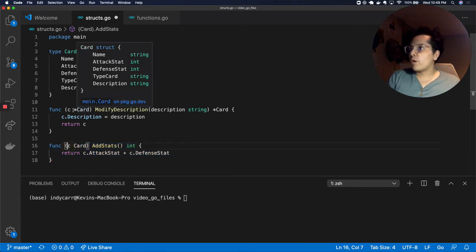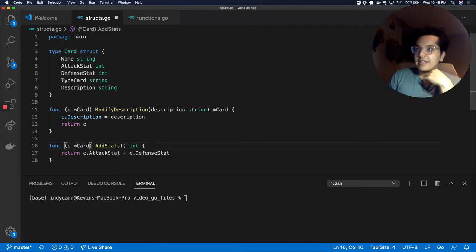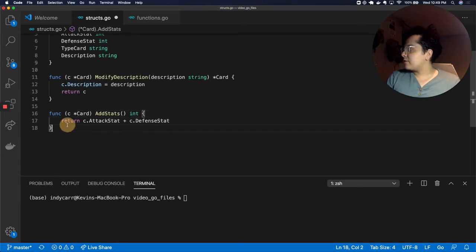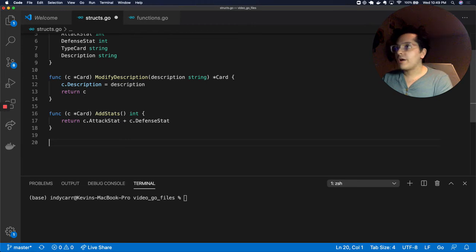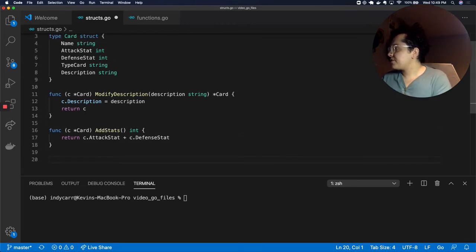But if you were to use one pointer receiver, it's normal convention to change all your methods to pointer receivers. It's just a convention that Go programmers use. But let's write a main function and also initialize and create a card variable right here. So with that, I'm going to do the main function